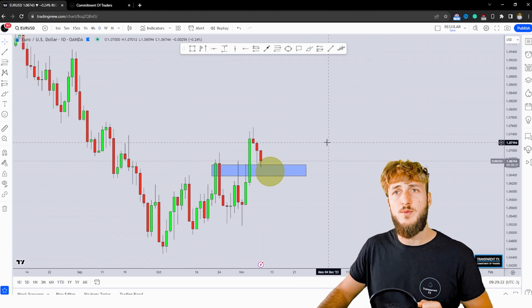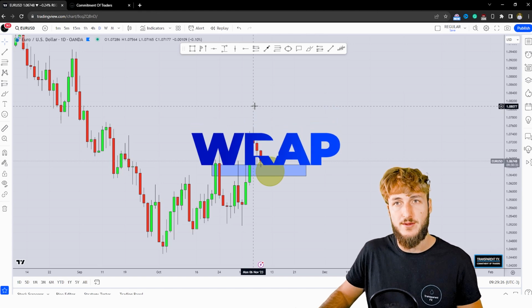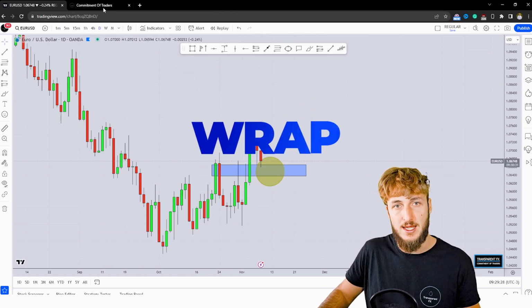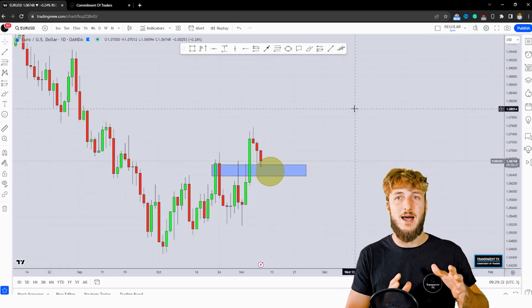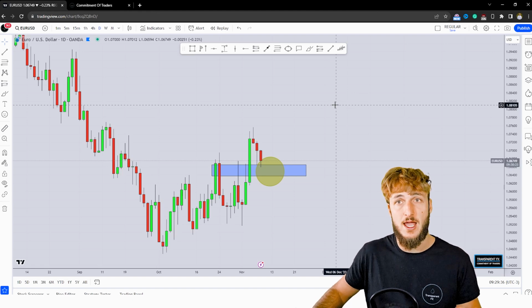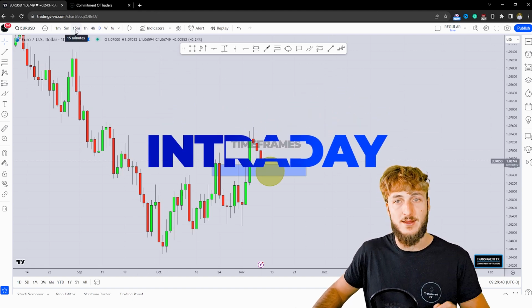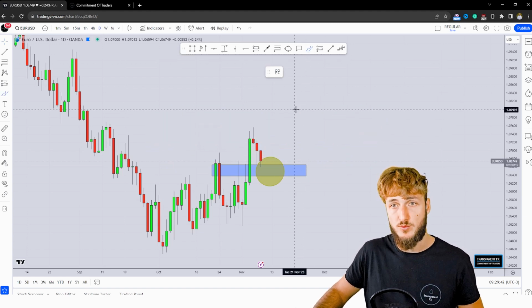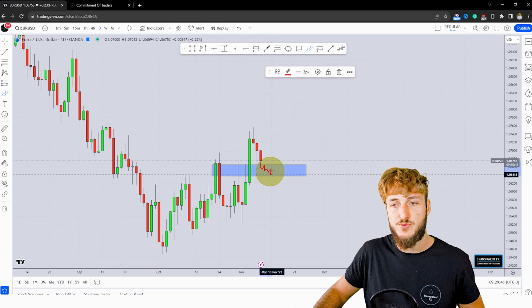So that's how we could be approaching this potential move higher. Now, as usual, trading is reactive and not predictive. The monthly, weekly, and daily combined with the COT data are the best time frames from a directional perspective. However, when it comes to confirmations and entries, the best time frames are the intraday time frames, so 4 hour and lower. Therefore, what we could potentially be doing is monitoring price action from an intraday perspective during this move